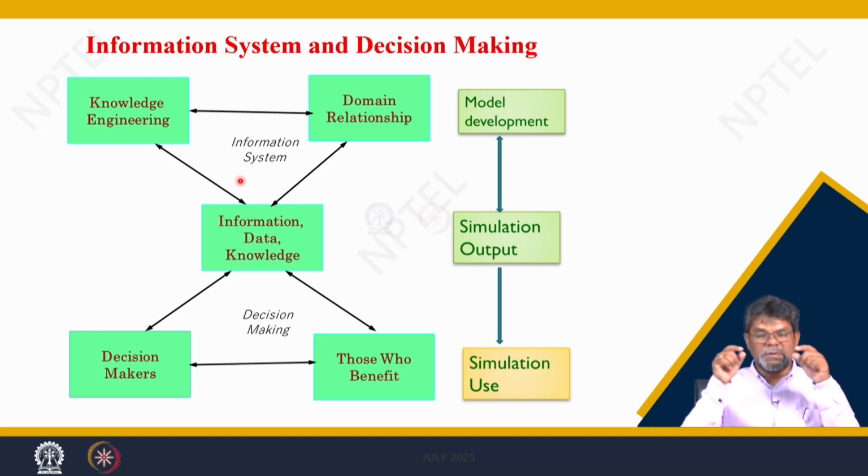When you go for output, you give the randomness, different input management practices, and you get the output. That loop is known as the information system, where we get information, we get data, we get knowledge. That is data science, where we get a lot of information.